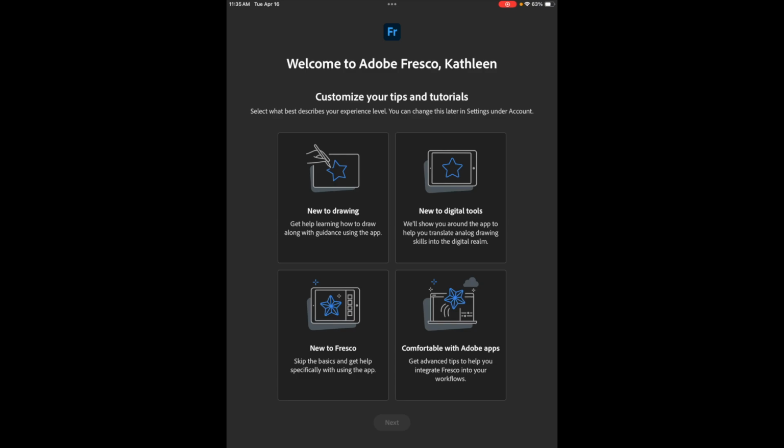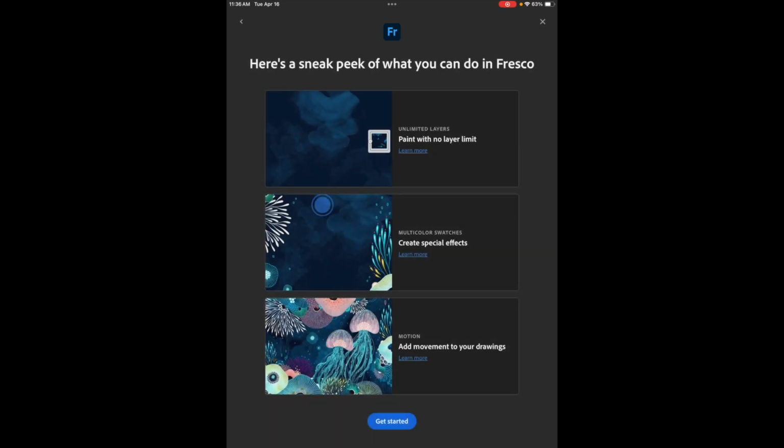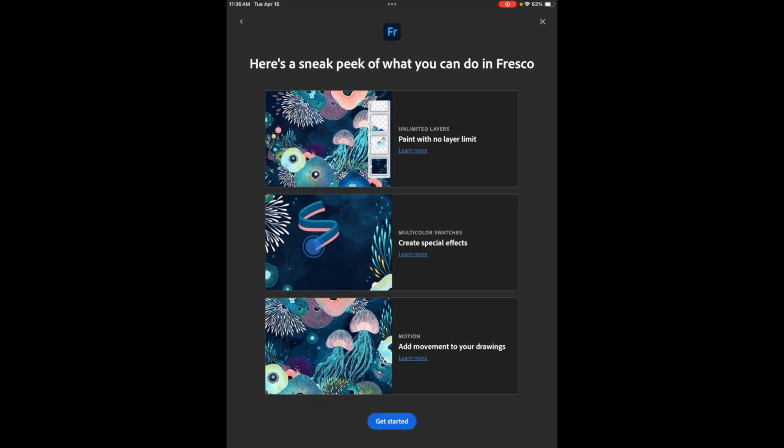So Adobe Fresco is super cool in that they give a lot of support and education in terms of tutorials, links to artists' work, inspiration, all that good stuff. You can select if you're new to drawing, new to digital tools, new to the app itself, or comfortable with Adobe apps. You can select based on your personal preference. I'm just going to select new to Fresco, so it'll give you tutorials on some of their specific tools. Next, sneak peek of what you can do, and it gives you just a broad overview of